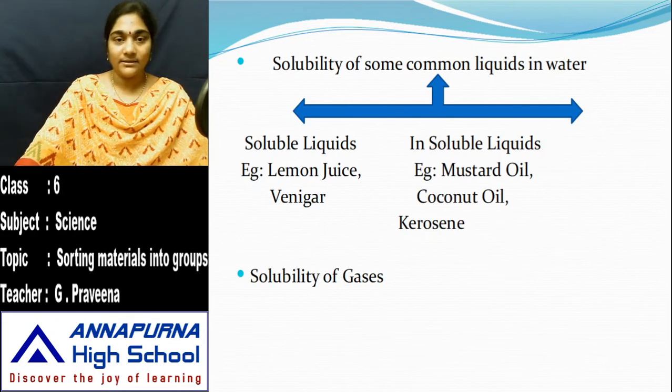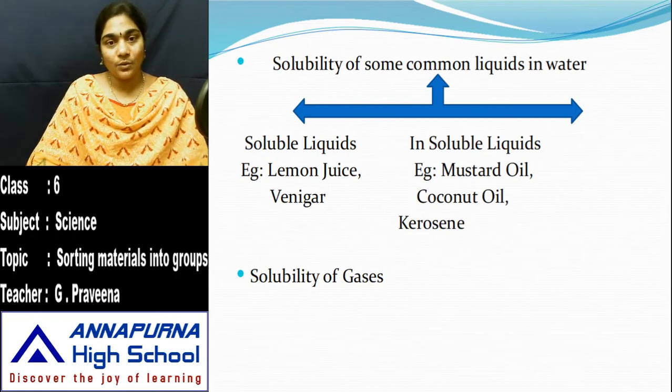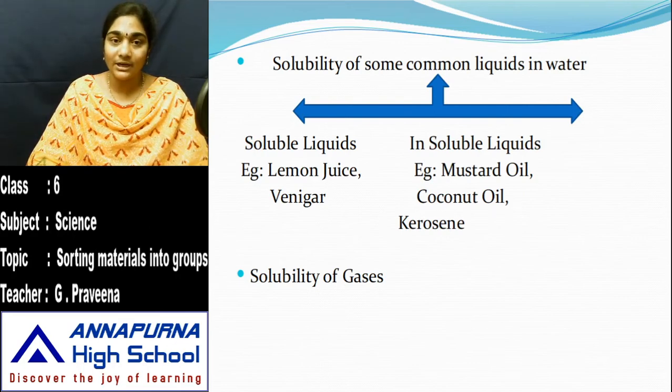On the other hand, there are a few liquids which don't dissolve in water. You just take a glass of water and add oil to that. Now stir it with a spoon and observe whether the oil is getting dissolved in the water. You can observe that the oil floats over the surface of the water. So these substances are not getting dissolved in the water. These liquids are called insoluble liquids. So based on the solubility, the liquids are divided into two different types: soluble liquids and insoluble liquids.